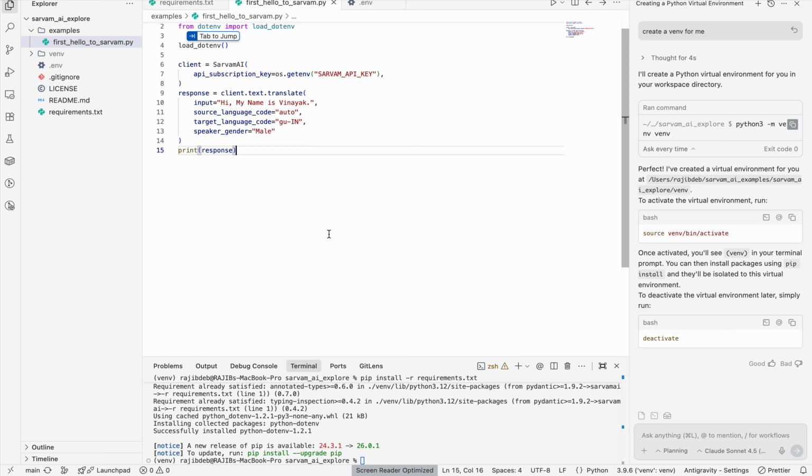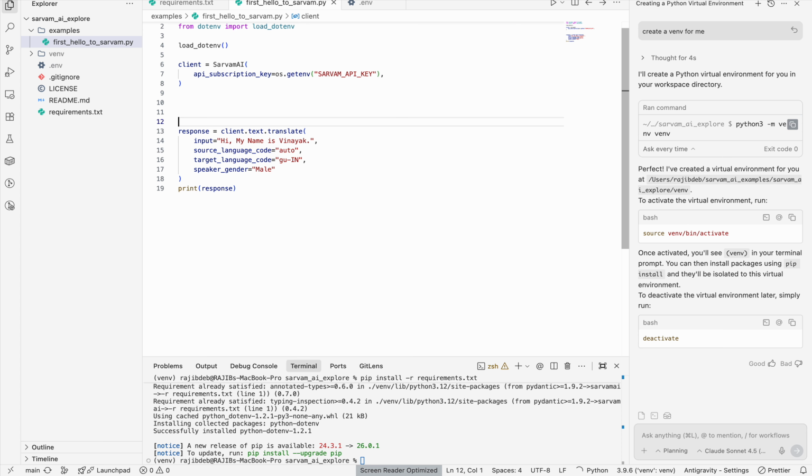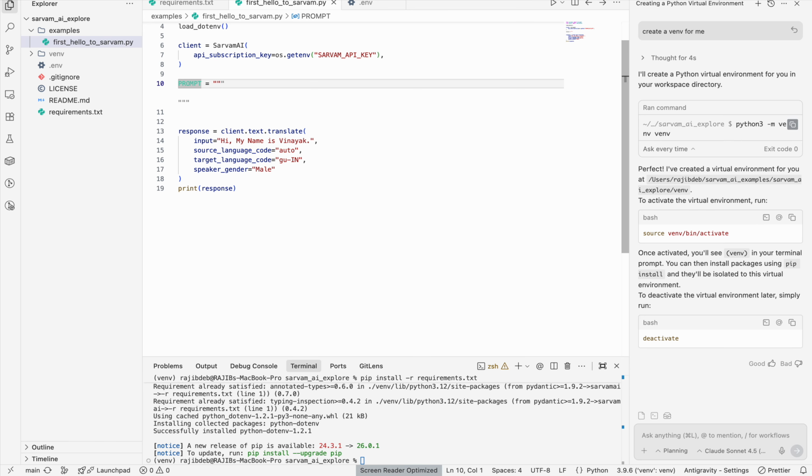By the way, in production, everyone should actually have their API key in a key store and then get it from there. It should be secure, right? And here, I'm going to make some changes to this code. Prompt equal to, this is not good. It's okay. And in the prompt,